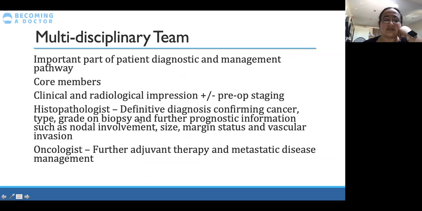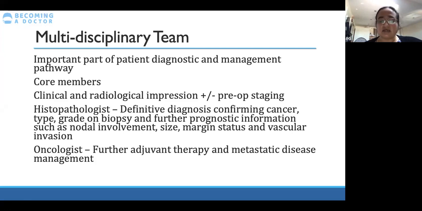And basically what happens is the patient gets discussed, their clinician says what they think, the radiologist says what they think of their images and maybe does some preoperative staging of the disease, and then they would have a biopsy, and then the histopathologist would give the definitive diagnosis, which would confirm the cancer type, the grade, and all the further prognostic information such as the nodal involvement and the size and lots of other factors. So the management really can't be decided until